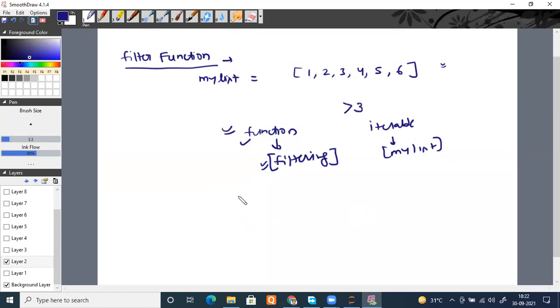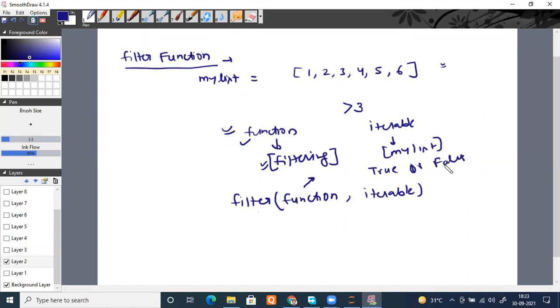We'll use the keyword filter, then your function, then your iterable, whatever iterable it is. Same syntax, but instead of map, filter has come here. Now, this function has to be something like that: it should return true or false. You have to write a function in such a manner that it returns true or false.